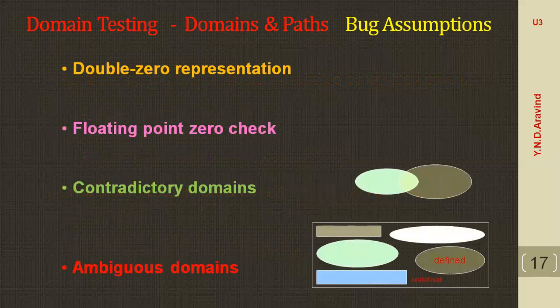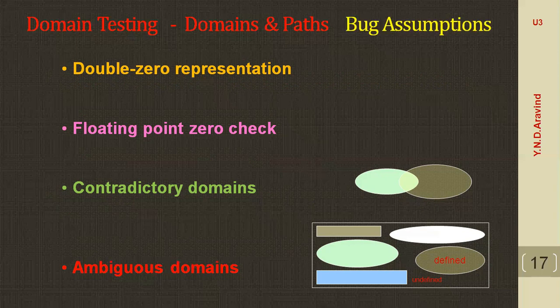Zero representation. There are many different bugs that can result in domain errors. Some of them we call zero representations. In computers or any languages that have a distinct positive and negative zero, boundary errors can occur. These boundary errors for negative zero are, of course, a common platform issue.